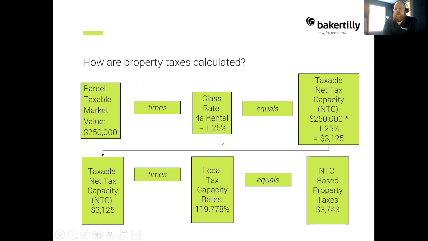Conversely, single family residential or all residential is 1%. So if you think about the difference between 2% here and 1% here, it means two buildings of the same market value, if it's a commercial property, will have twice as high of a local amount of property taxes as a residential property. That's the way the state process shifts the tax burden more so to commercial property than to residential property. I mainly point this out because most of the TIF calculations deal within net tax capacity numbers on the tax capacity side. So I wanted you to understand how we went from market value to tax capacity.